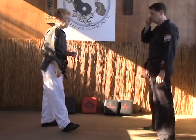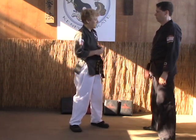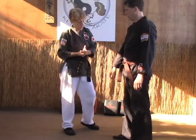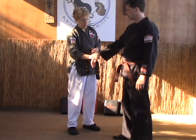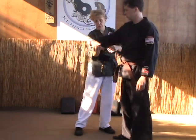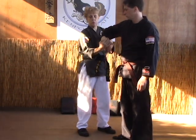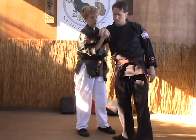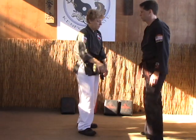Another thing to keep in mind is a base. You don't always need a base, but sometimes it's helpful. If you've got an opponent with big hands or you're just a small person, sometimes creating a base helps. For example, the gooseneck, like this. If I just do this, there's no pressure there. But if I create the base, which is my shoulder, and apply the pressure,